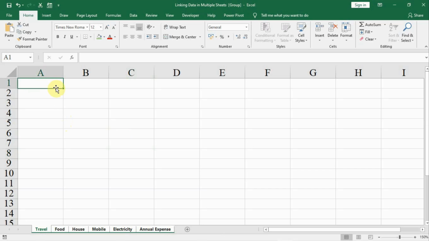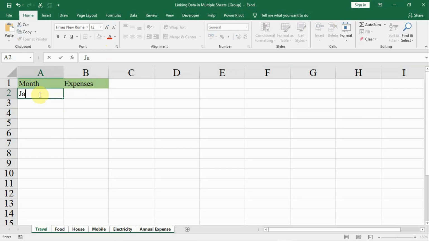On the top here, write down month. Here write down expenses. Fill a color.